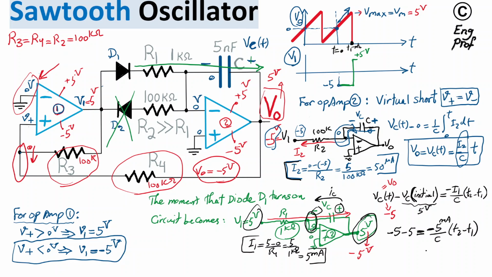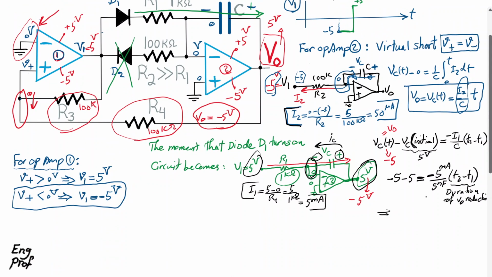So given that C is 5 nanofarad, this whole thing indicates that duration, so this T2 minus T1 is the duration of V out reduction. So from this point, we understand that T2 minus T1 is equal to, as a result of this whole thing,